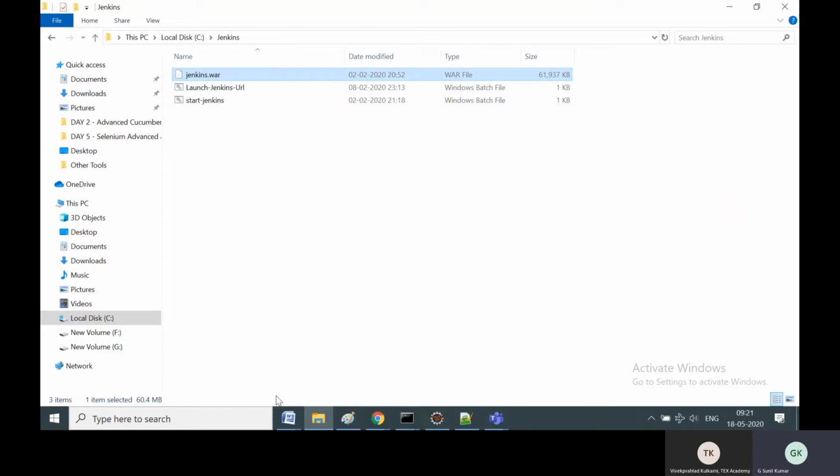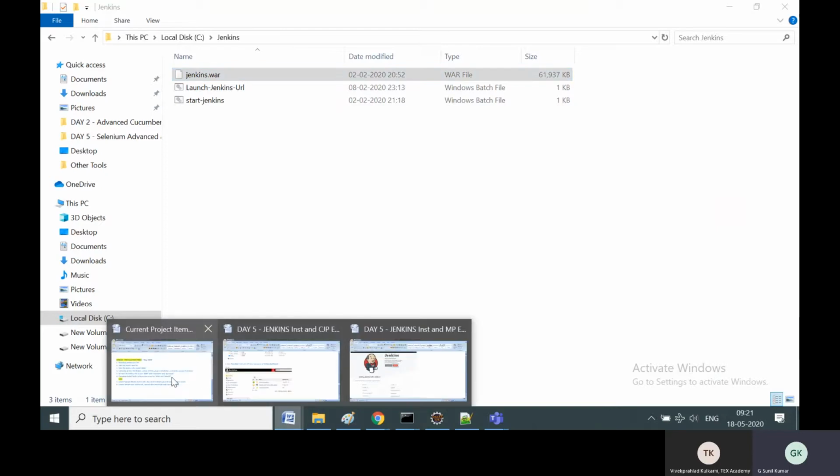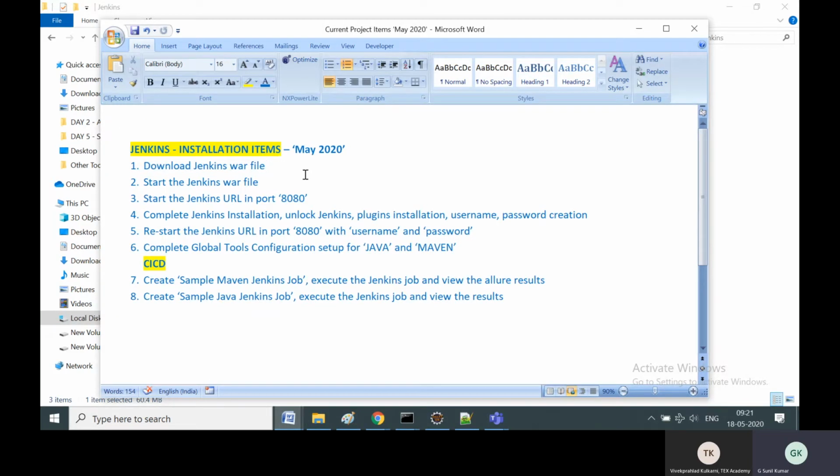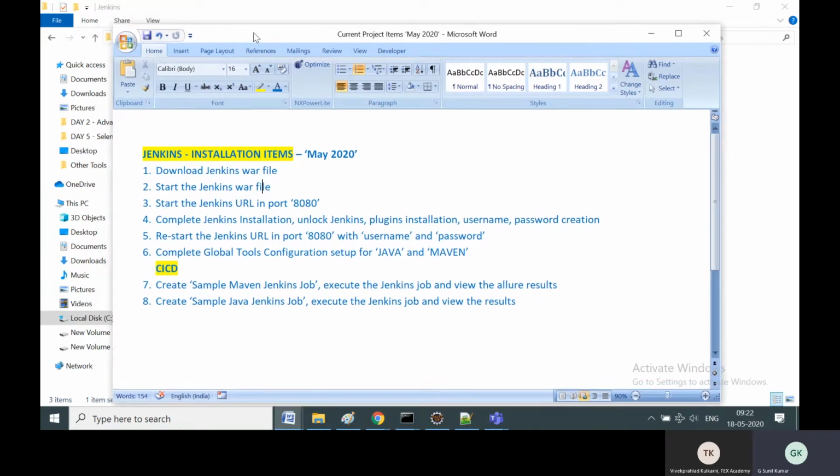We have downloaded the Jenkins.war file as per our plan. Now let's see how to start this Jenkins.war file. Jenkins is a server, so in order to start the Jenkins URL, we need to first start the Jenkins server, and to start the Jenkins server, we require the Jenkins.war file.